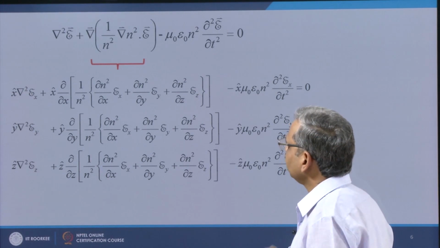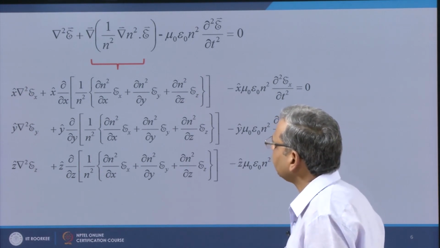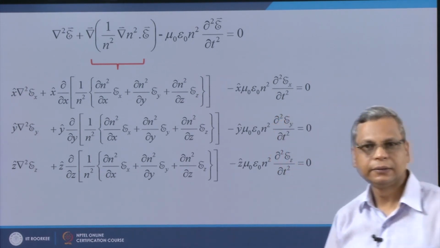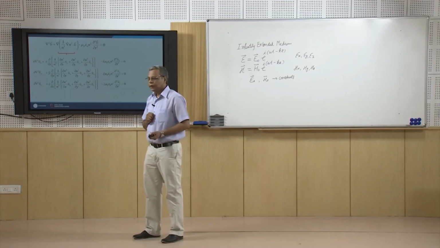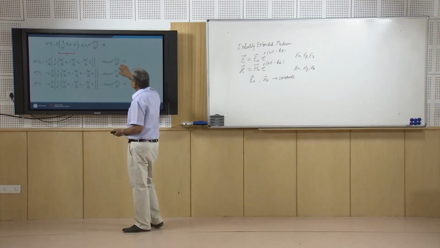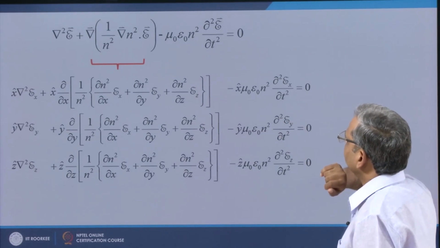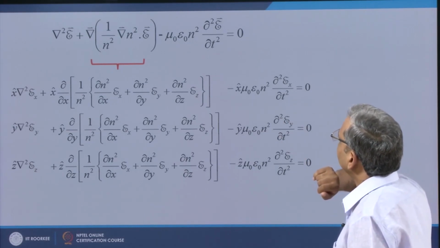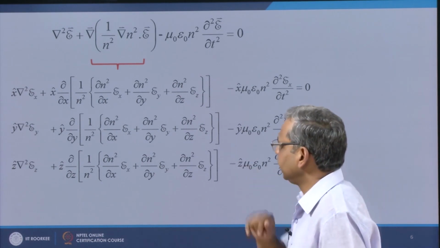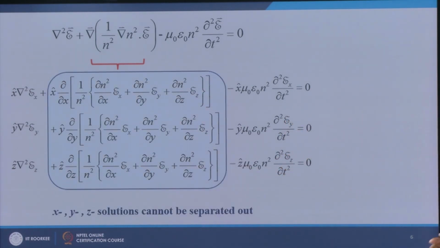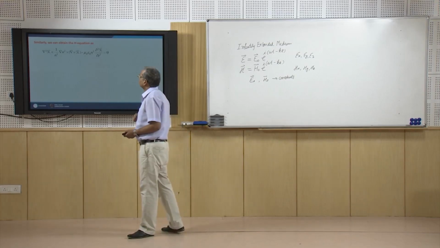it is not possible for me to separate out x, y and z. T can be separated out, that is not a problem, but I cannot separate out x, y and z. The x, y and z solutions cannot be separated out, which I could do in the case of an infinitely extended medium. So, what do I do now? Well,